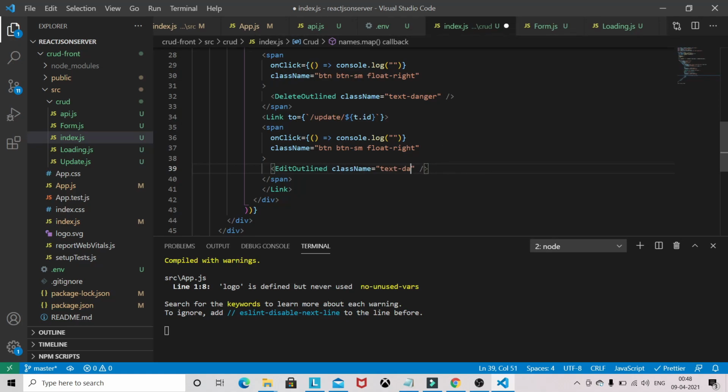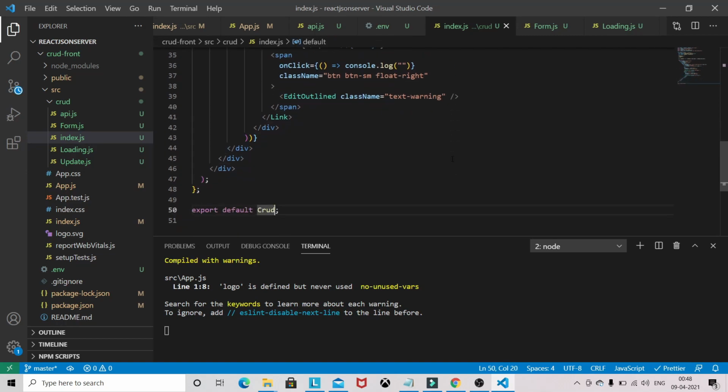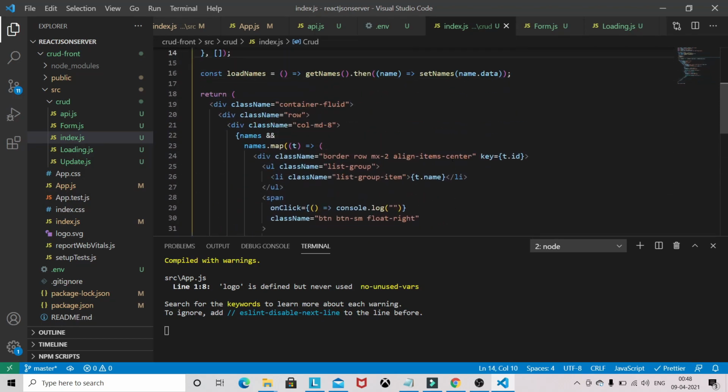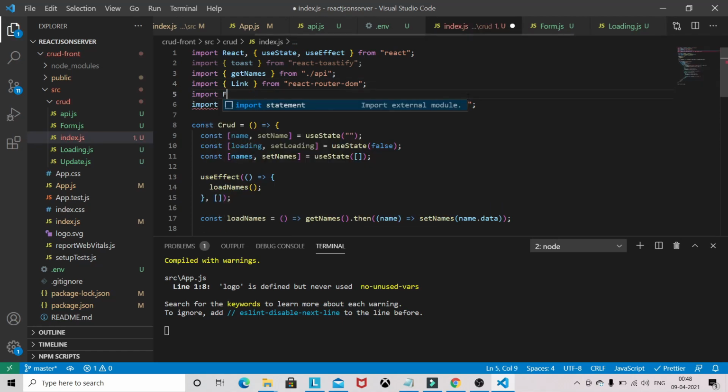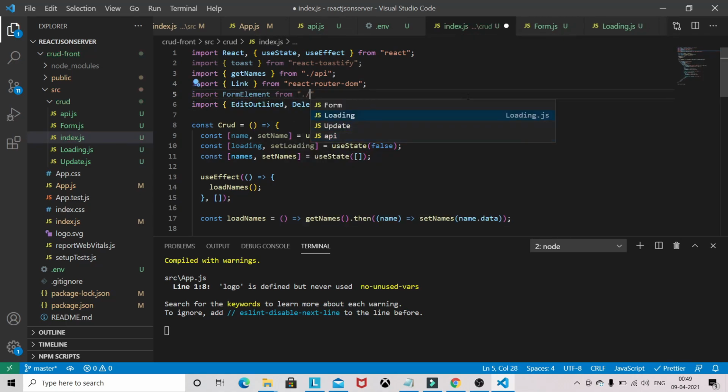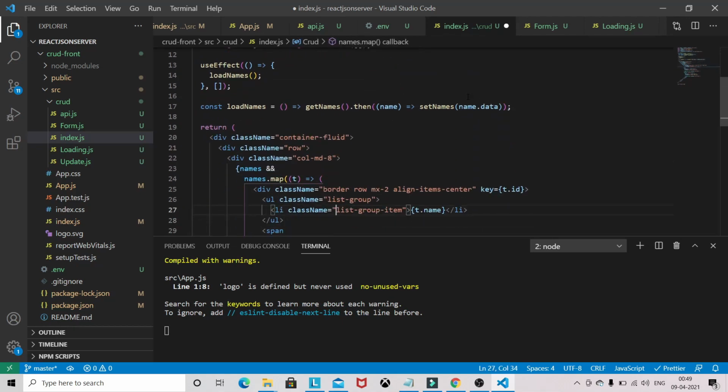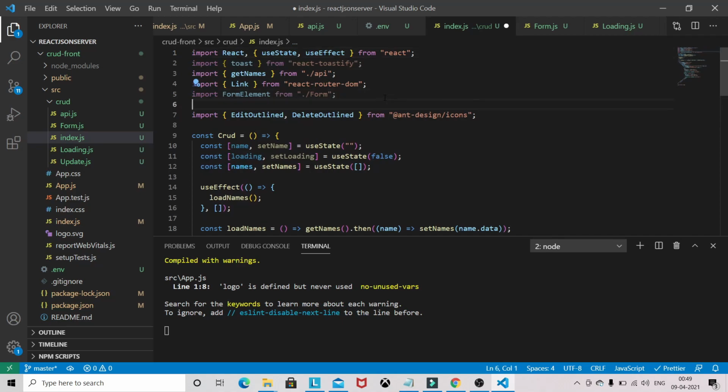This will be a warning. Okay, so we have done this one, and we need that input component as well. So I will import that FormElement, as well as I will import the Loading as well.